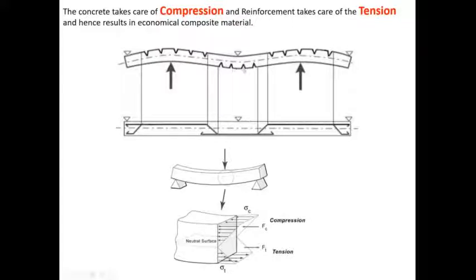Similarly, in the center you see the lowermost layer is under tension and the upper portion is under compression. And again, this tension and compression gets inverted at the corner. The top portion is under tension and the lower portion is under compression. Now this behavior of any beam is restricted or avoided by the introduction of steel inside the beams.